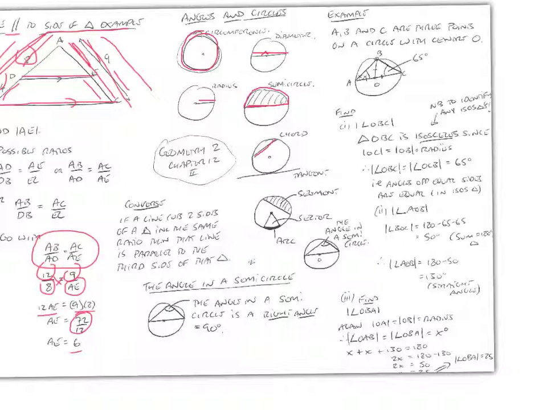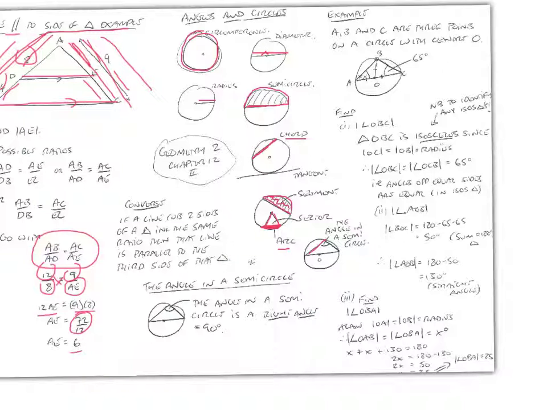This line that touches two parts of the circle is known as a chord. This part here is not a semicircle, it's a segment. This part here is a sector of a circle, and this part on the circle is known as the arc. And then we can also say that the angle in a semicircle, which we'll look at in a second,